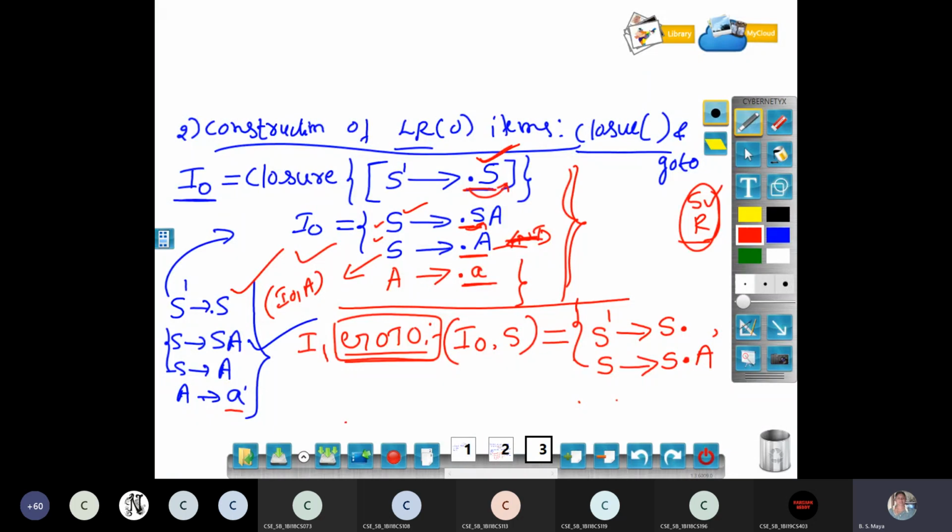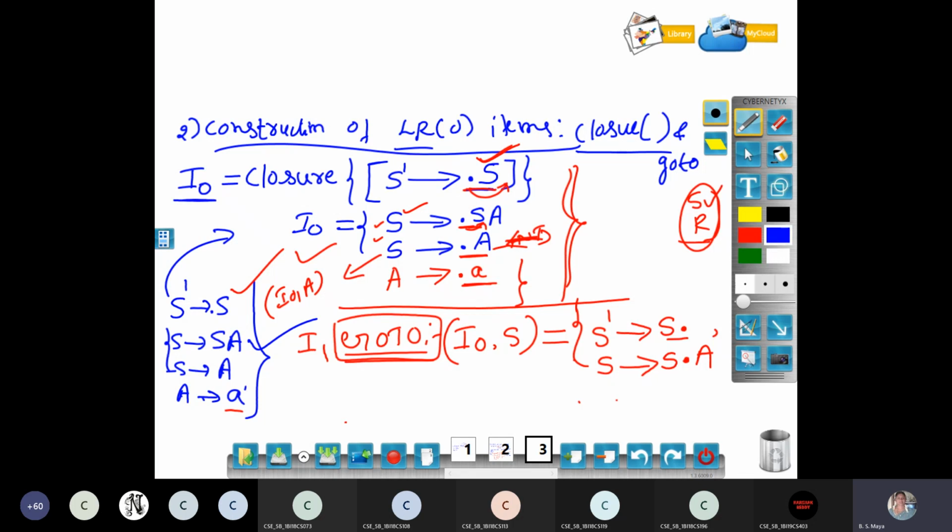After writing, see one more rule, just observe. Goto is nothing but moving the dot one step forward. After moving forward, check whether there is any non-terminal after the dot. Now the dot is at the last position, so there is no need to check anything.